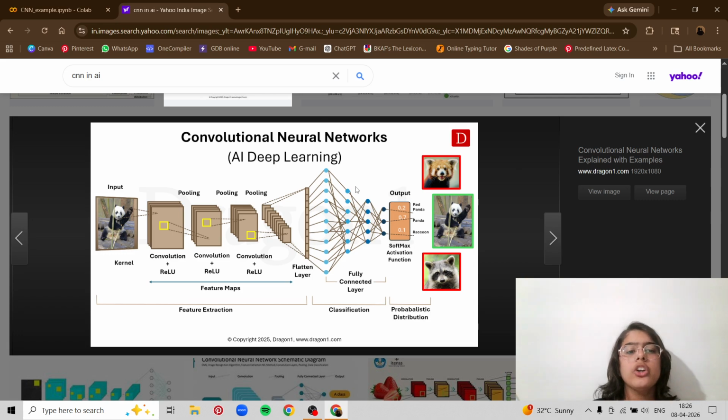We find different combinations, like what could be the best possible answer, and then we use softmax activation, and we find out the output. So softmax activation is basically based on accuracy score. The accuracy score defines what the image will be. Like over here it shows the panda. Why did it choose the panda? Why not the red panda?